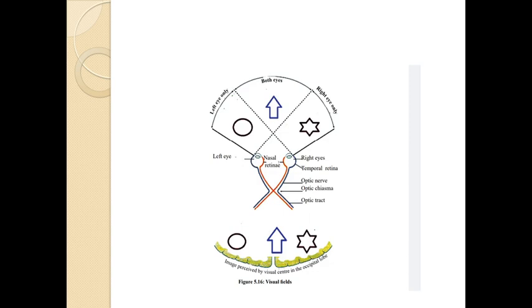eye overlap at a place called the optic chiasma. They actually intersect at the optic chiasma, and the optic nerve of the left eye reaches the right portion of the occipital lobe, and the optic nerve of the right eye reaches the left part of the occipital lobe of the brain. That is the reason why the above thing happens. That is the reason why the right portion of the brain receives the left view, and the left portion of the brain receives the right visual field.